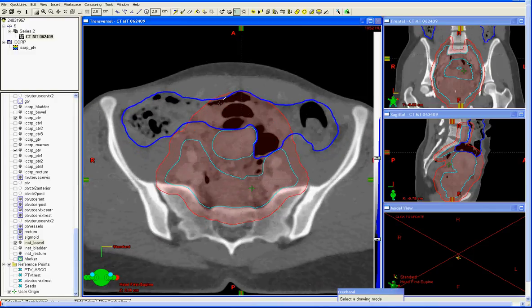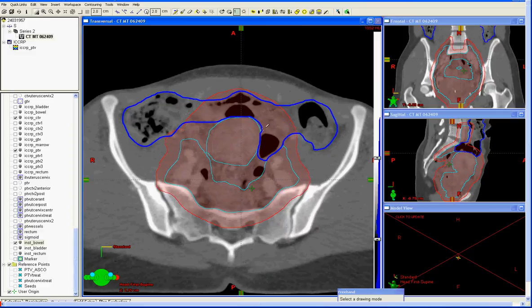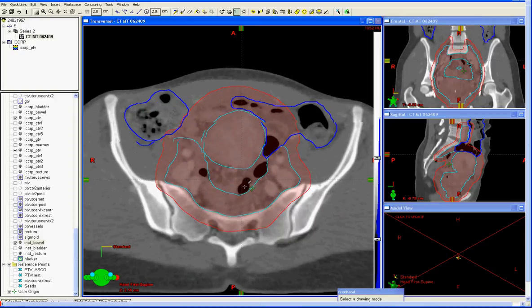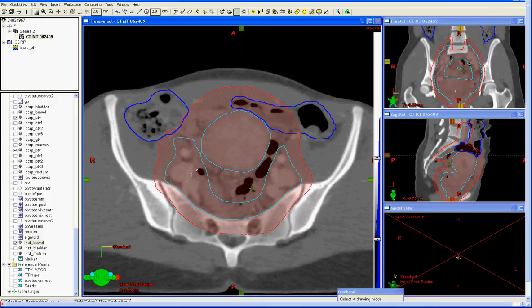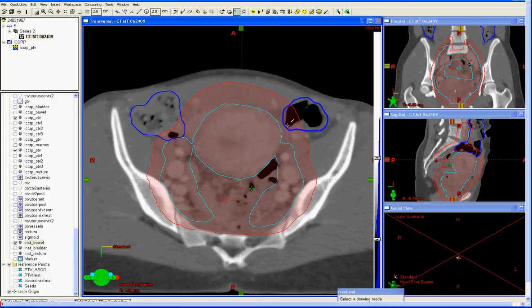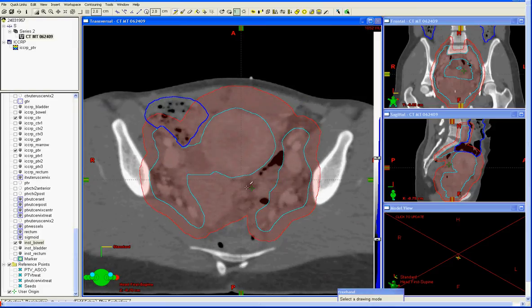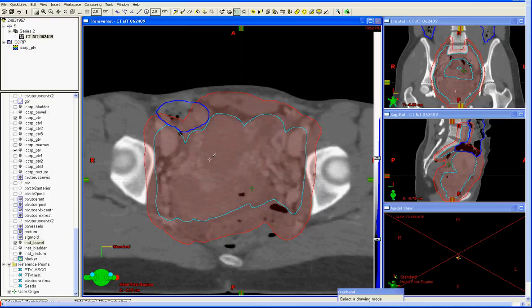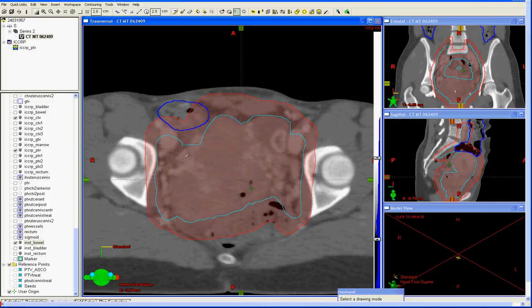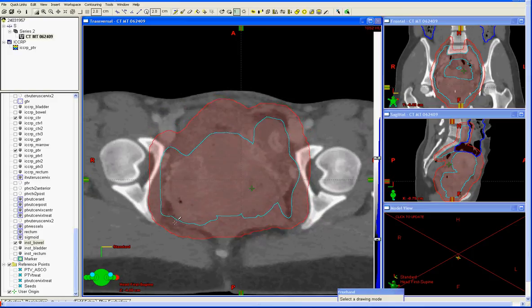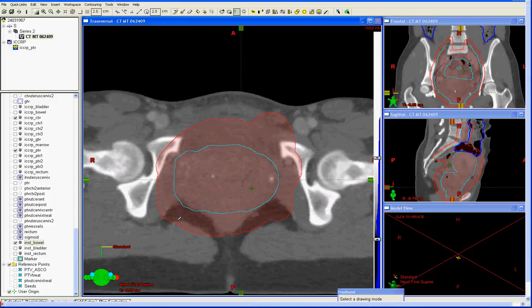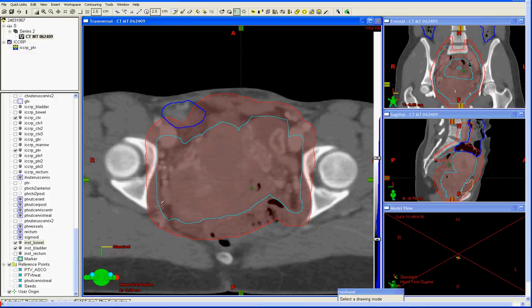It's also important to note we keep the bowel contour anterior. We don't follow the bowel posteriorly into the pelvis because it'll just be well within the target volume anyway. So we only contour the portions of the bowel that sit anteriorly and not behind the uterus, and so that covers the bowel contour. The bladder and rectum are pretty self-explanatory, but in this case we'll show the bladder contour,